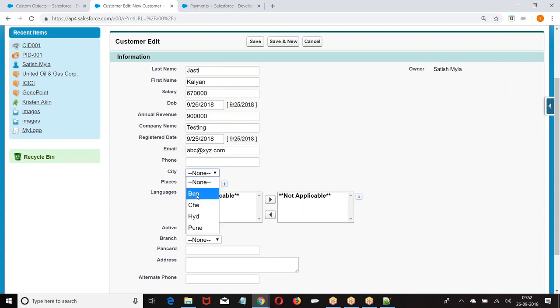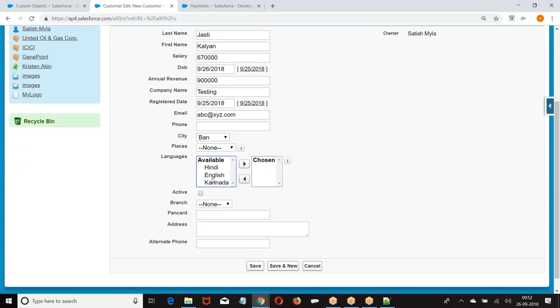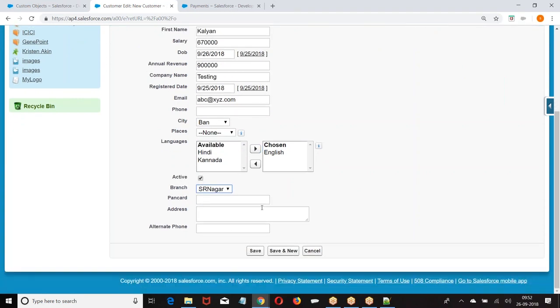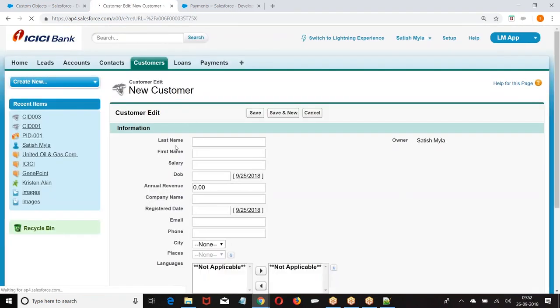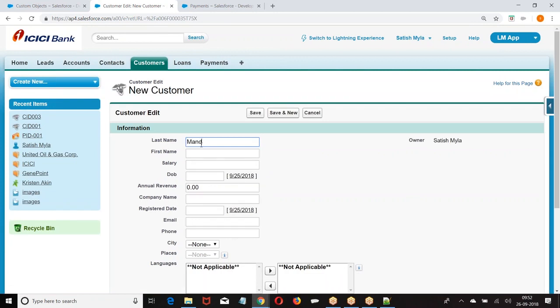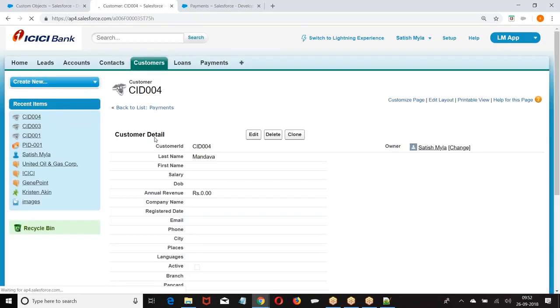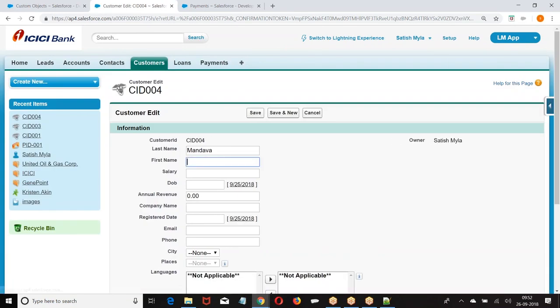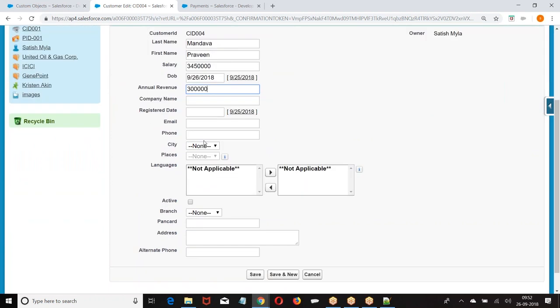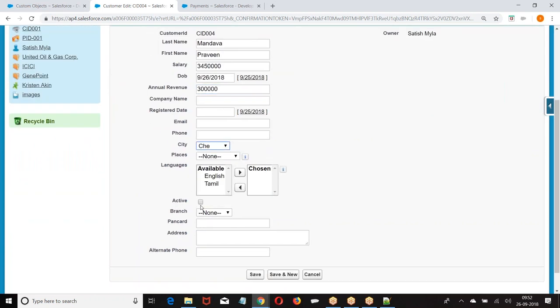Now I am giving Bangalore. Some data I am giving. I am not selecting active.